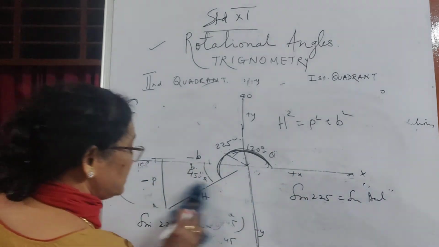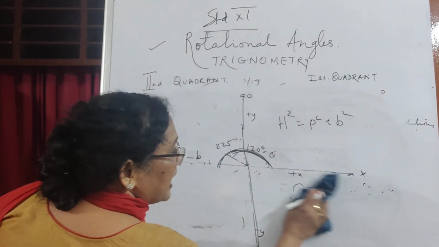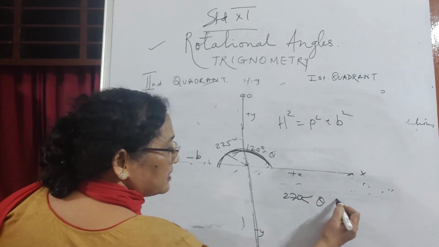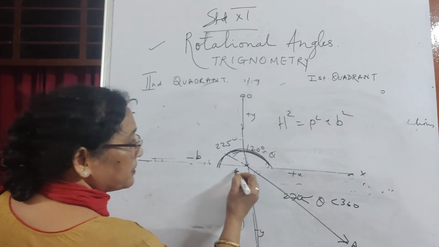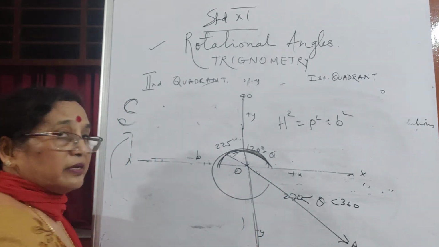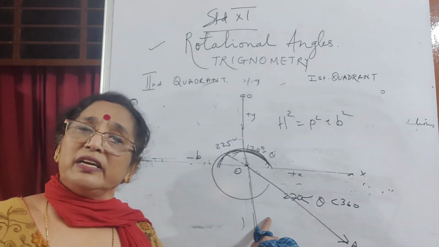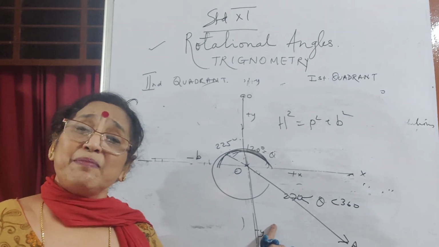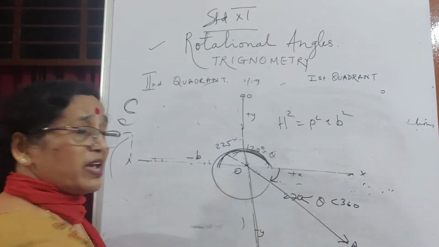And the last one is the fourth quadrant. In the fourth quadrant, the angle I told you is theta greater than 270 and less than 360. So now my OA comes here. Why will I measure all this way? I'll say I've gone 300 degrees from this. 300 degrees anti-clockwise is the same as 30 degrees downwards, which is the same as 30 degrees clockwise.